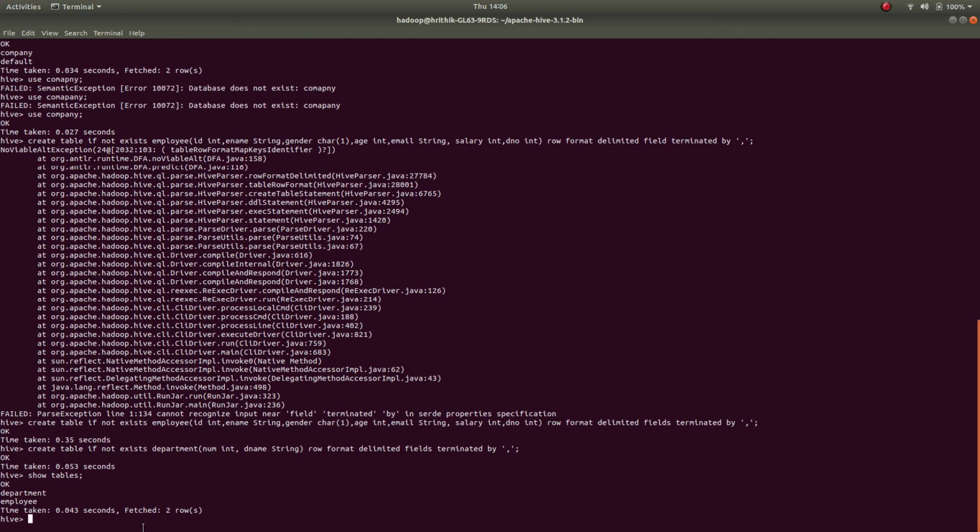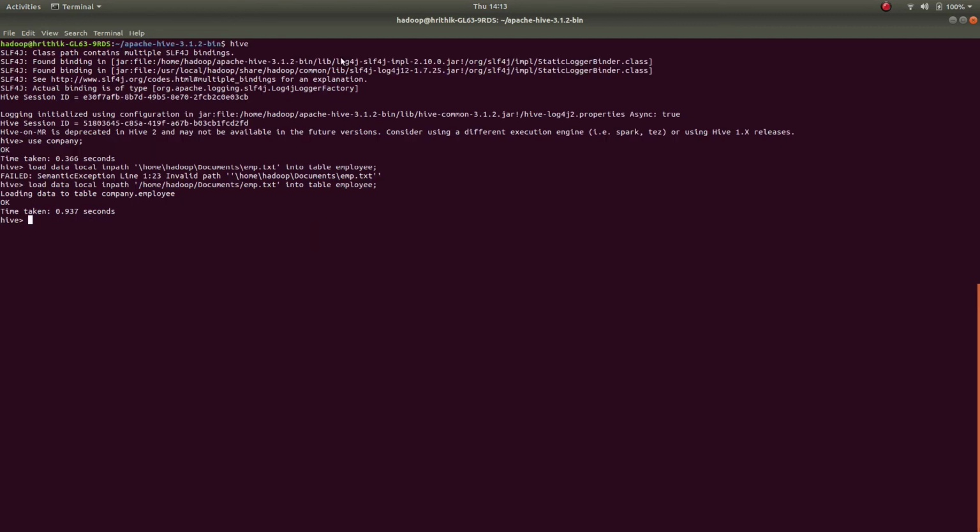So now I will put the data into the tables. By mistake I went out of Hive. Now I have again initialized the database and then I just put the data into the employee table. You can see this by select star from employee.